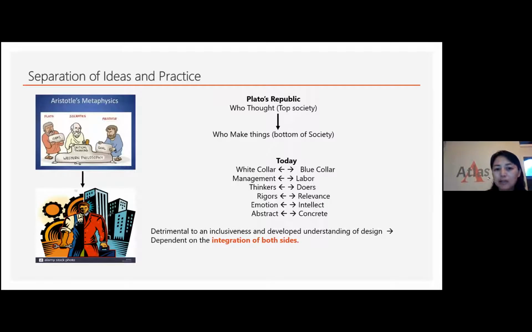Since Plato's time, the people who think became the top of society. The people who do things became the lower part of society, which still exists today, like white collar and blue collar. So today we have white collar, blue collar, management and labor, thinker and doer. And so all these things are separated. And actually,